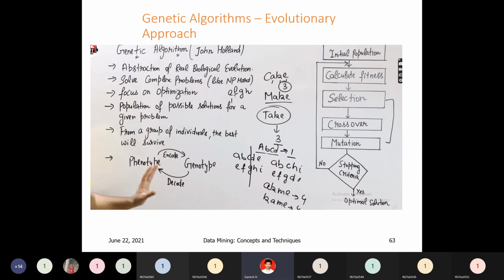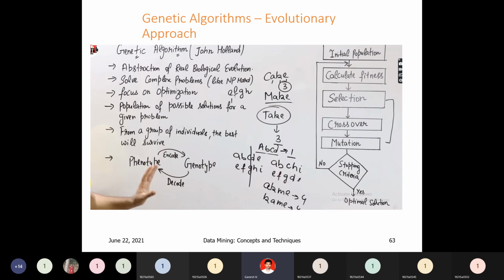In the genetic algorithm, you can first observe the initial population, that is the root. From the initial population, what you have to do is calculate the fitness value. Next you have to select, and next apply crossover. In selection, see here A, B, C, D. These are genes. How closely they match, that is fitness.